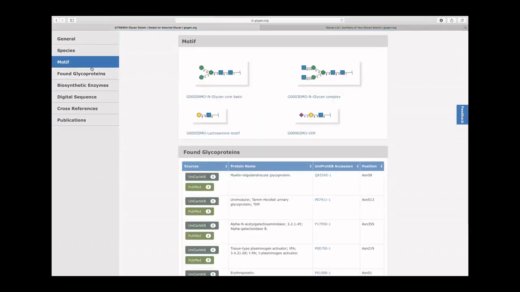So this was a biantennary diacylated complex glycan, and it's comprised of motifs that have specific meaning. These are motifs that we can look at across all glycans. So for instance, the core of an N-glycan, a complex glycan that's been extended with N-acetylglucosamines, capped with lactosamine units or sialylated lactosamine units. So one can search by motifs to look at what glycans may contain these particular structural